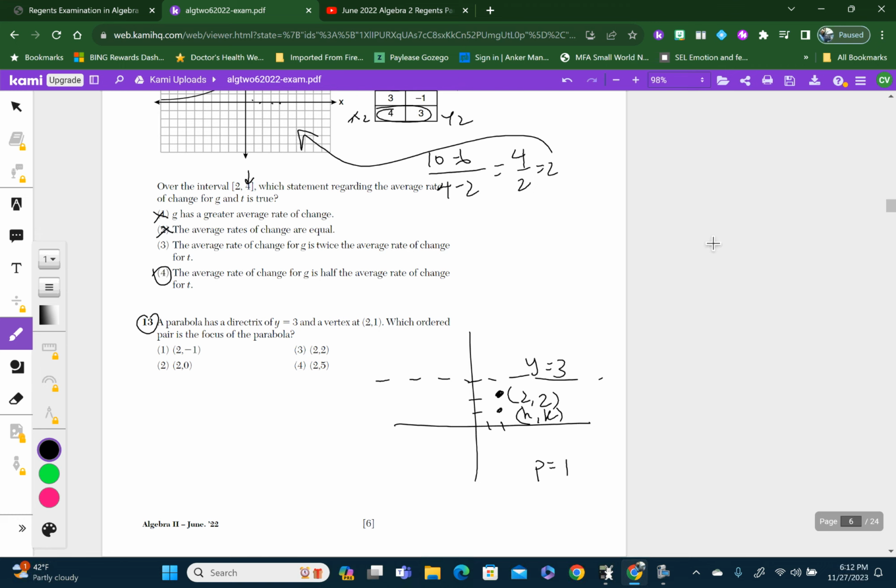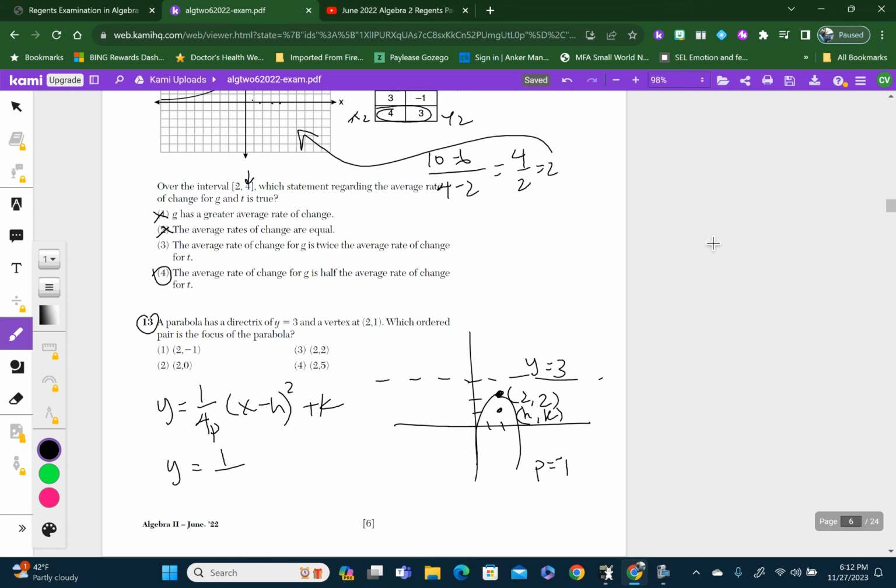And now I have to decide if it's going to be positive 1 or negative 1. Since our graph can never cross the directrix, it's going to have to be towards the focus, which is down. So our P is going to be negative 1. And then we plug it into our formula, right? You need to have this memorized. Y equals 1 over 4P times (X minus H) squared plus K. And now all I'm doing is plugging some numbers in. So Y equals 1 over,